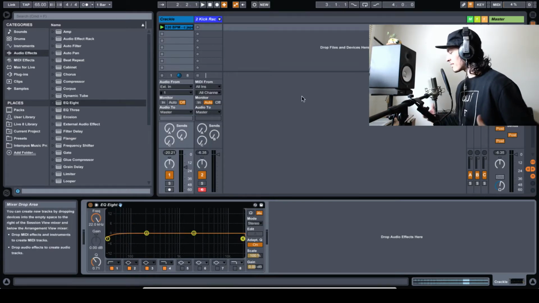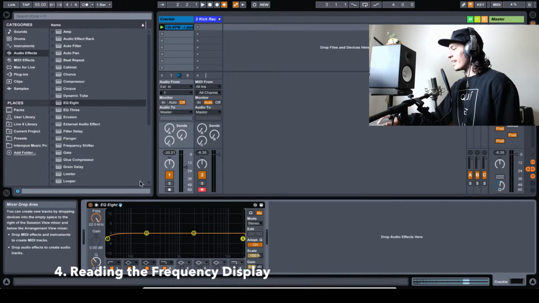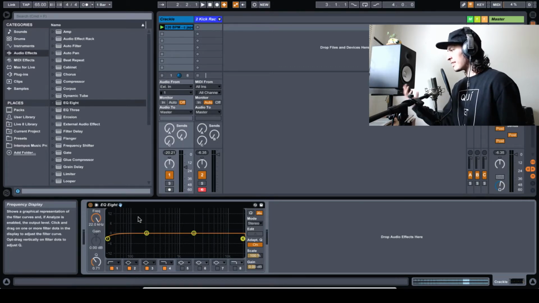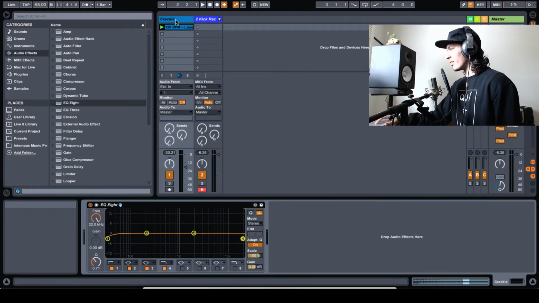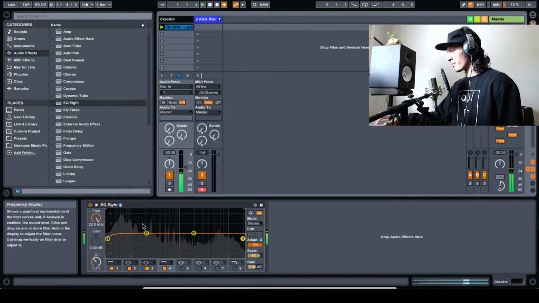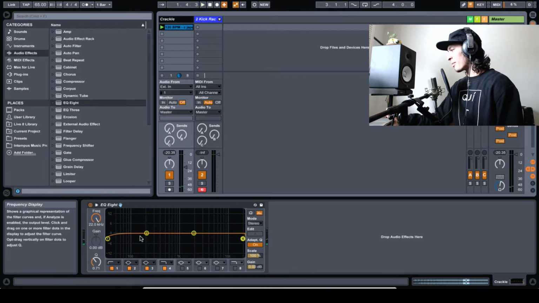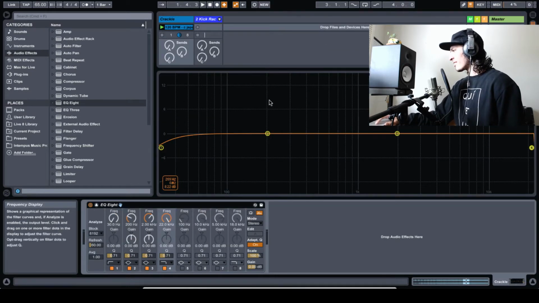Okay, so this next tip is basically to help you learn how to read the frequency display in a very easy way. You can see the frequency display here, and when a sound is being played on this track, you see the frequency range populate. There's a really easy way to read this frequency display. And you can see these lines here. These lines are representing